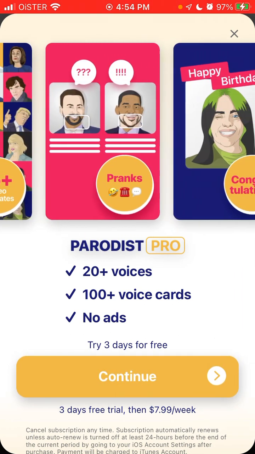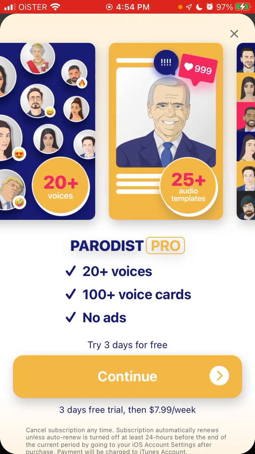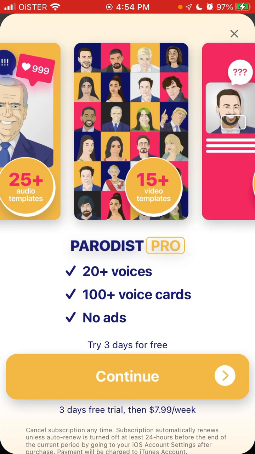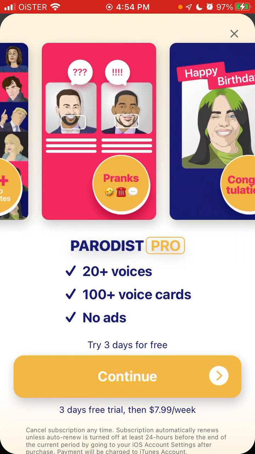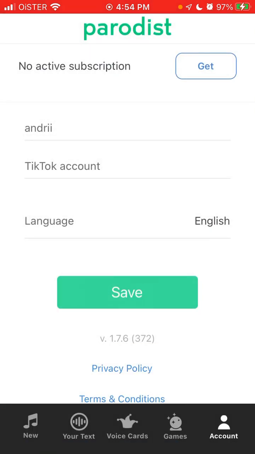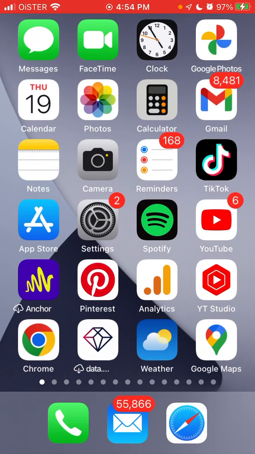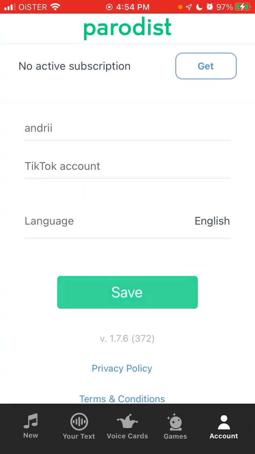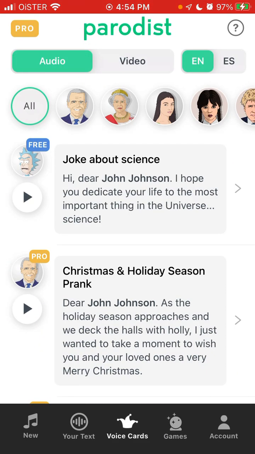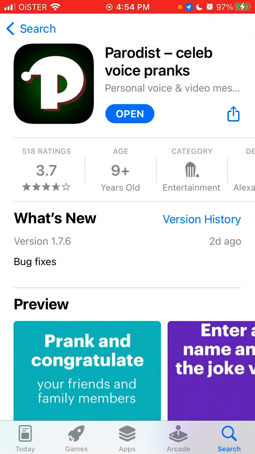Yeah, so super interesting app. Definitely give it a try. So yeah, that's basically the idea of it. You just decide if you really want to upgrade or not. The other thing I don't understand is how to delete your account or how to create your account. I think there is no way to create or delete your account.